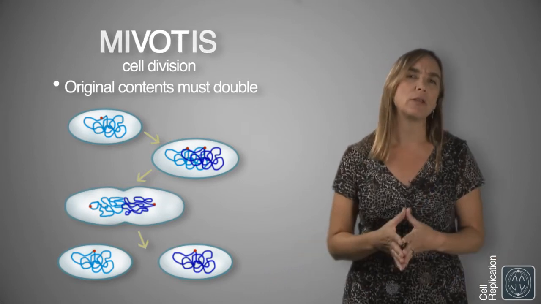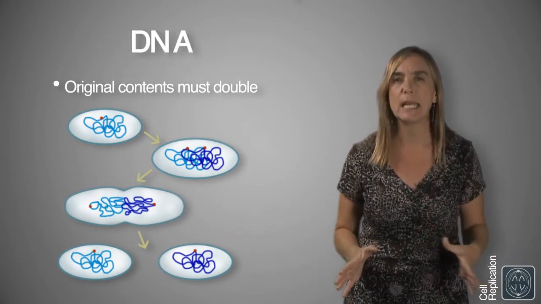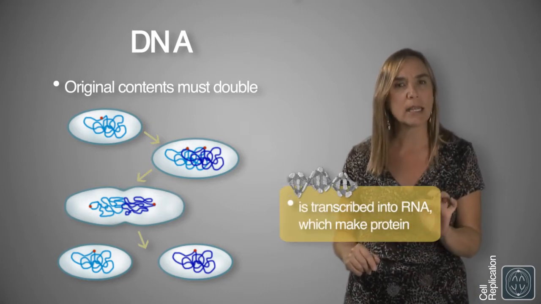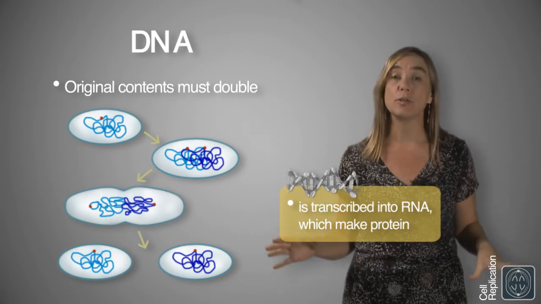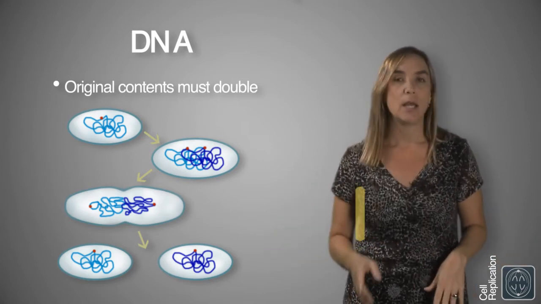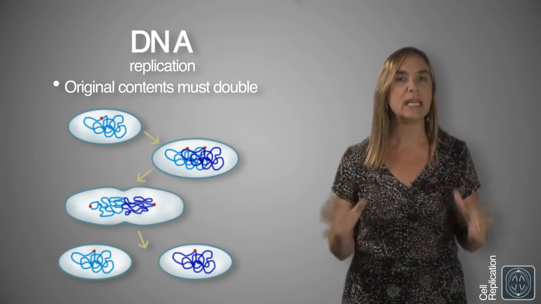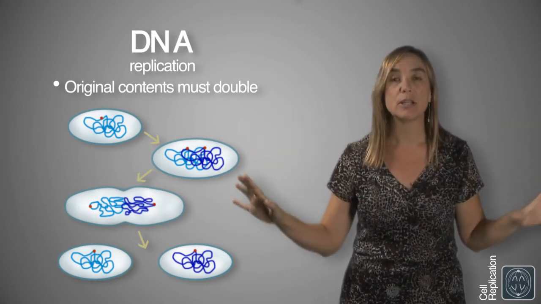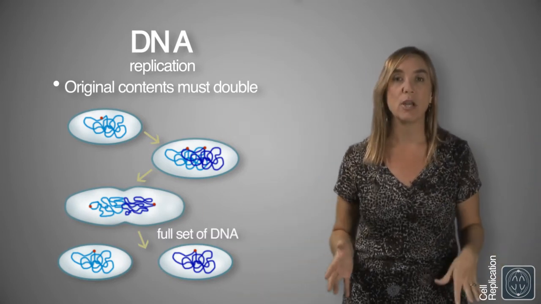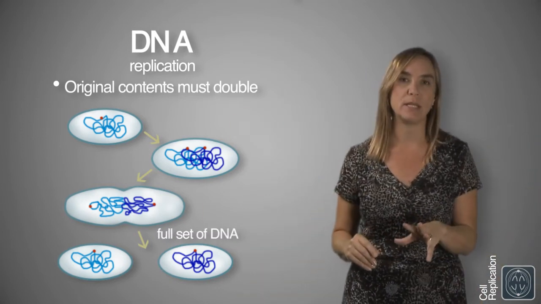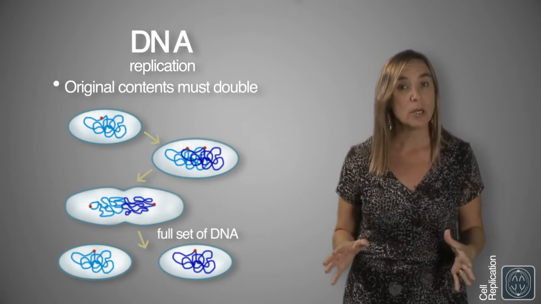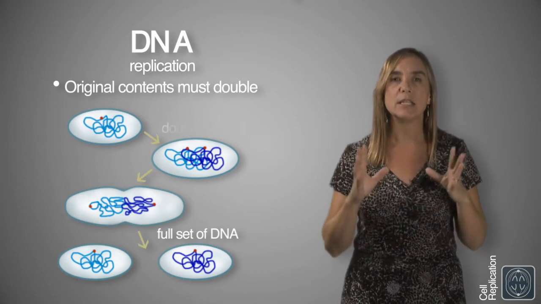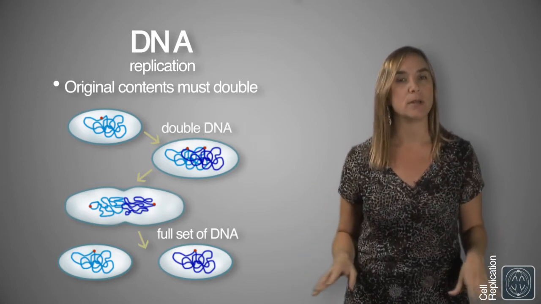Now, one important molecule common to all cells on our planet is DNA. DNA encodes information needed for the synthesis of RNAs, of which some RNAs are used in the synthesis of proteins. Complete and accurate transmission of DNA from one cell to two daughter cells allows each cell to have a full set of DNA instructions for synthesizing RNAs and proteins. Therefore, it's crucial that the quantity and the information in the DNA is doubled prior to being distributed during cell